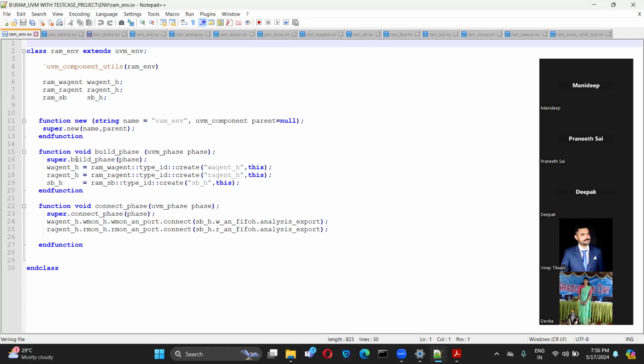And then the other thing is, now all these things are done. Then for the env, what is the thing? We have to just create the different components present in that particular env container, right? So that's why we will take the build phase. We will create all the things. And then inside env, if there are any connections to the other components in the UVM architecture, those things you will include in the connect phase.